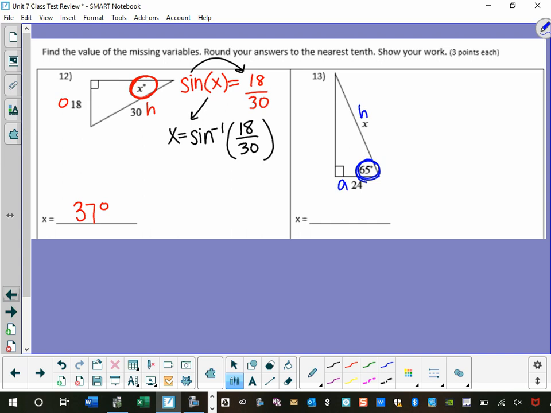So I'm going to use cosine of which angle? Cosine of 65, that's your angle. Your angle always goes there. Cosine of 65 is equal to